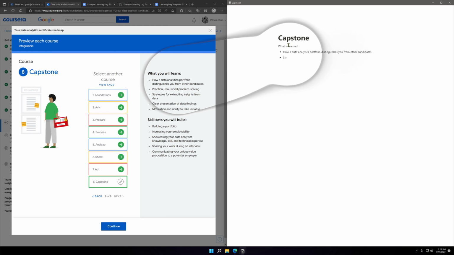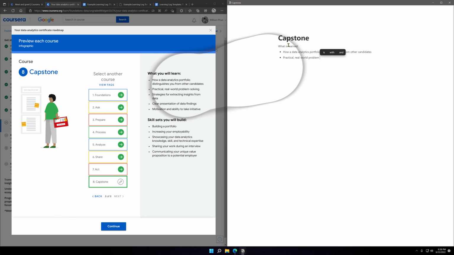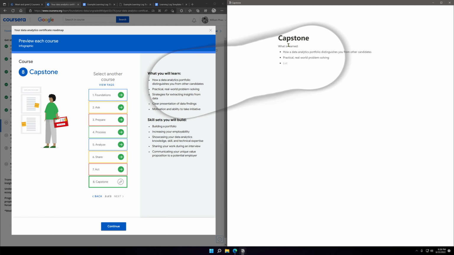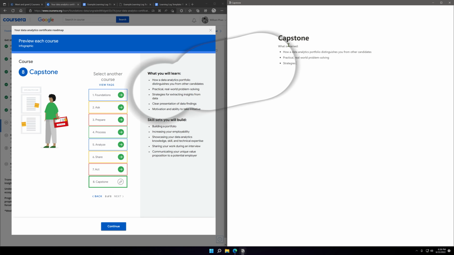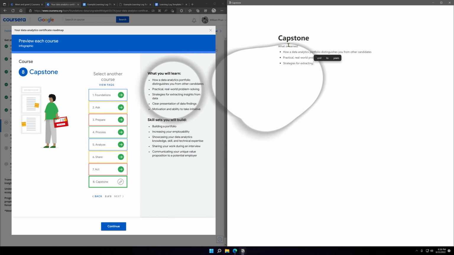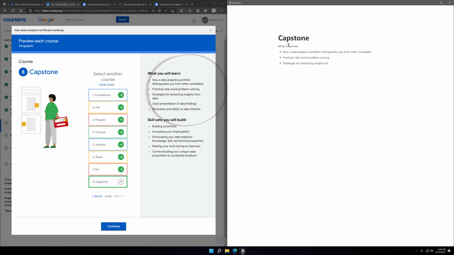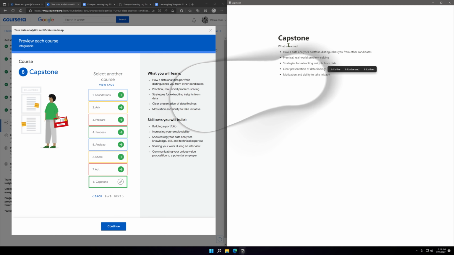It's practical, real-world problem solving, strategies for extracting insights from data, your presentation of data findings, and ability to take initiative.